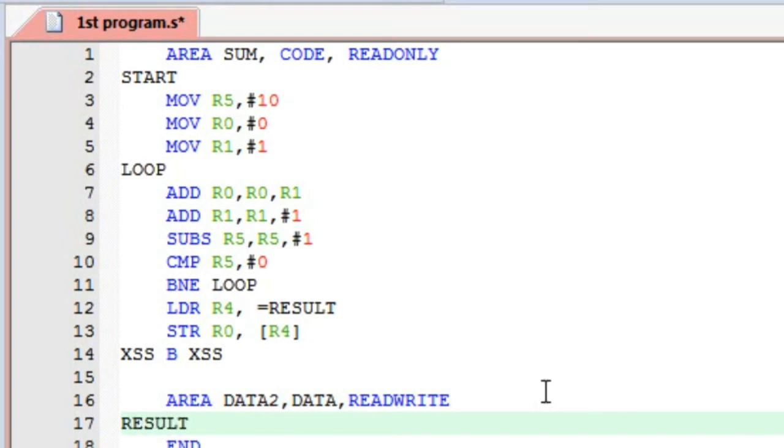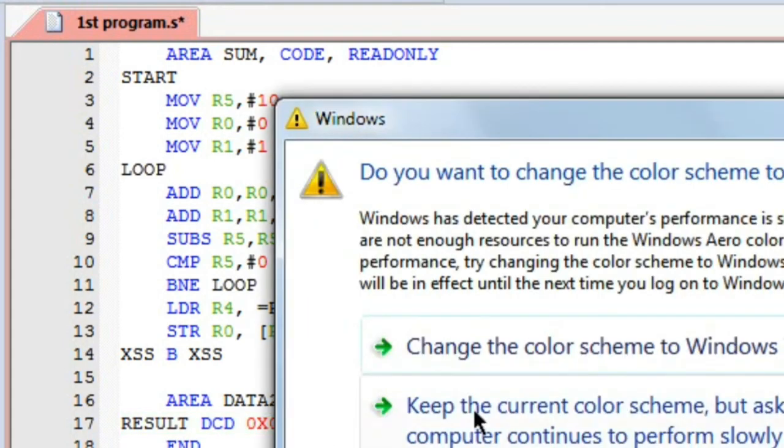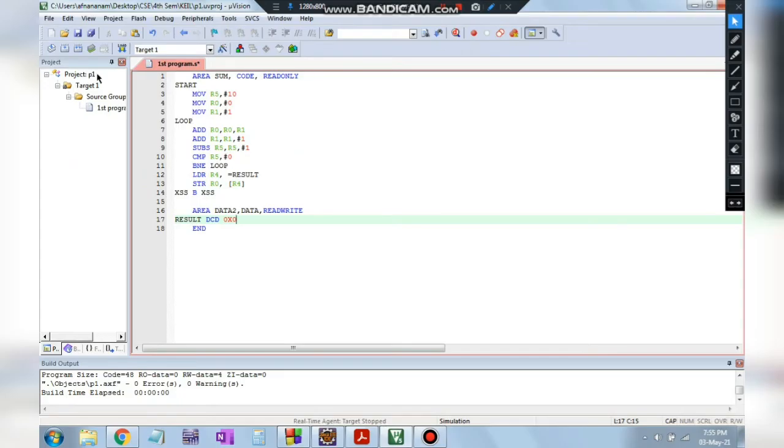And after that we have to store the result using DCD, to convert from decimal to hexadecimal. After that it's END, and that's it. This is the program. Then we have to save here and debug it.